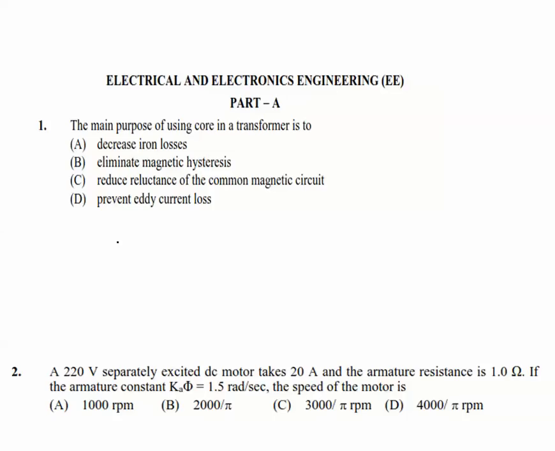Normally, a transformer will have two windings. The first one is the primary winding and the second one is the secondary winding. When the current flows through these windings, it will create magnetic lines of force like this, that is flux lines, and because of the load also there are flux lines flowing like this. In order to increase the lines of force, we will use the core material in between them like this. So core is used to increase